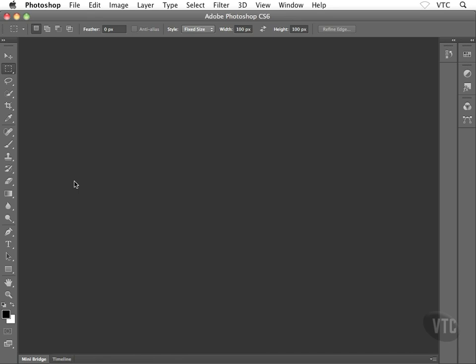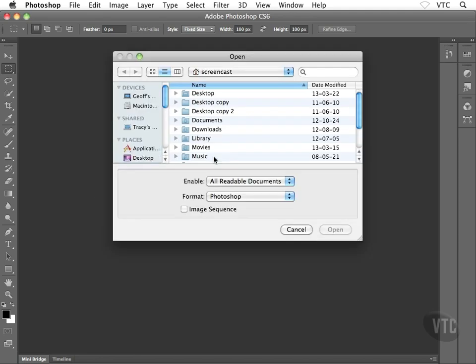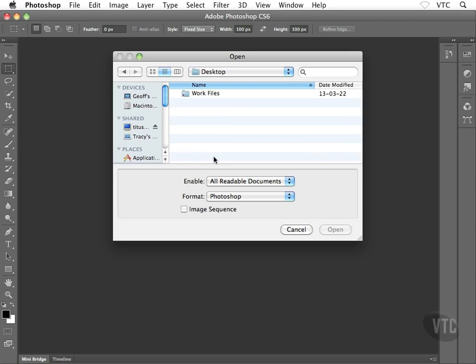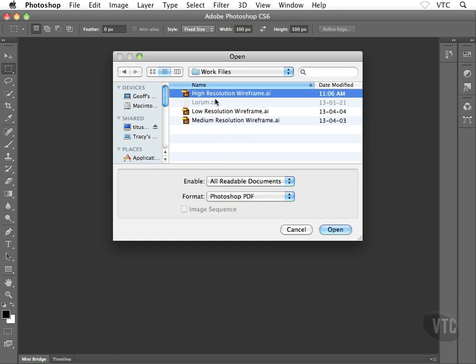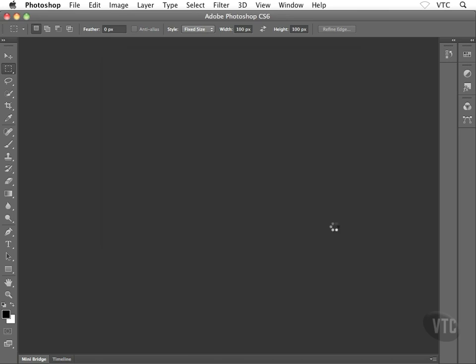That's another option. What I've decided to do here, though, is open the Illustrator file directly inside Photoshop. I don't know if you even know that this is an option, but it is. So here's what I'm going to do. I'm going to double-click anywhere in this gray background inside Photoshop, and that triggers my open dialog box for me, which is great. I'm going to navigate all the way up to my desktop, and then, you guessed it, into my work files folder. And I'm going to grab that same file that we just had open inside Illustrator, the high resolution wireframe. Okay, go ahead and grab it and then click on open.